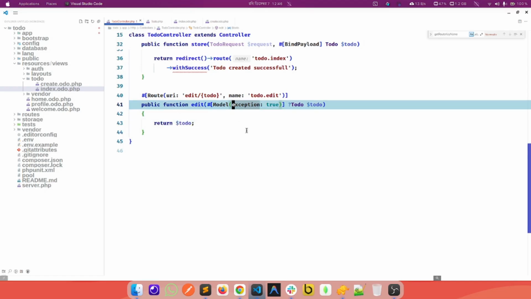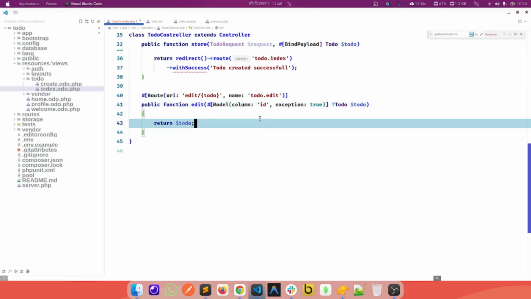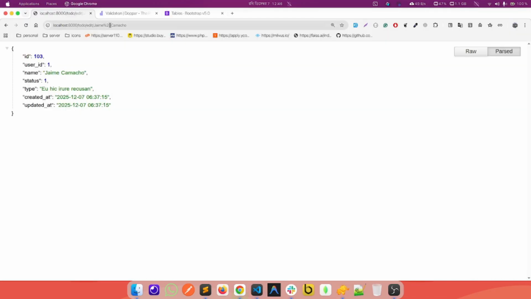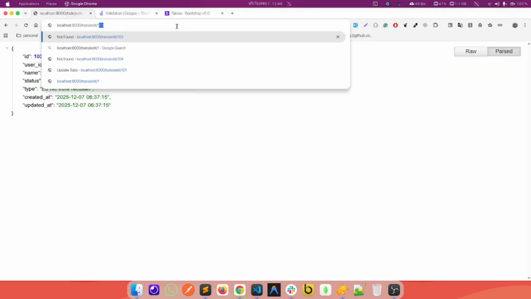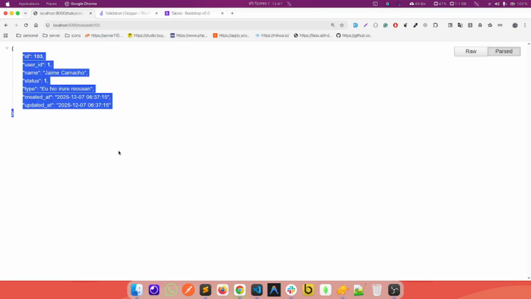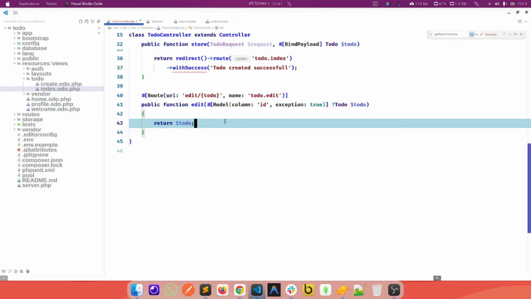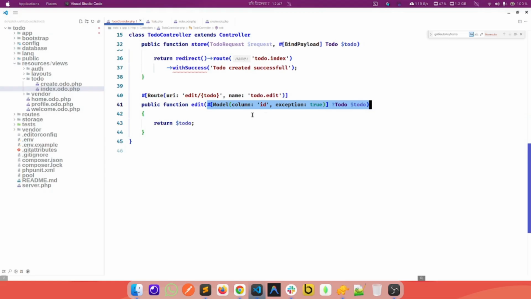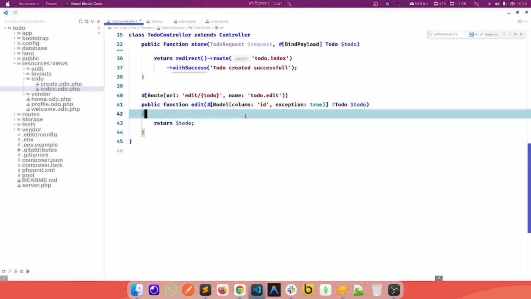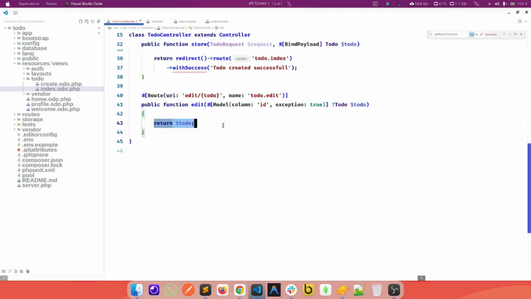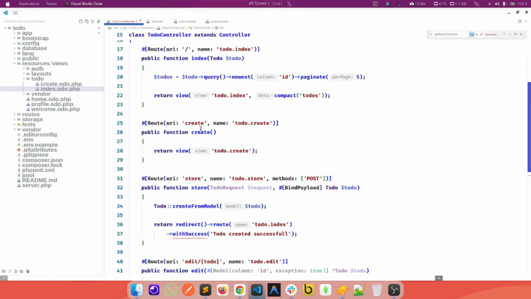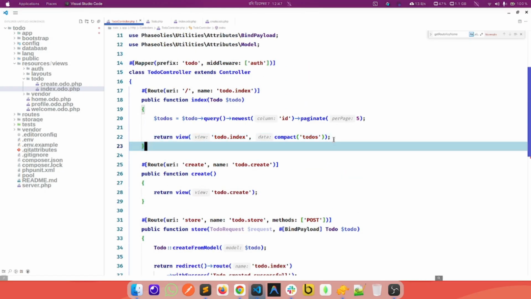So how can we do this? Just set the column and use 103, and again yes, this is still working, because this is forcing Doppar to use the ID rather than the name. So our edit data is ready, just pass it like from here,